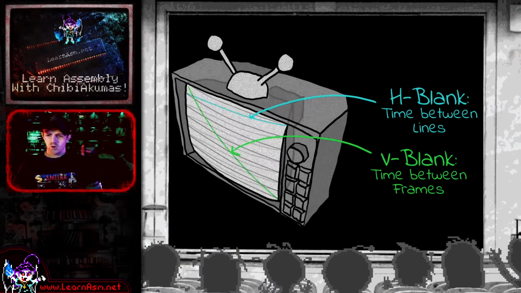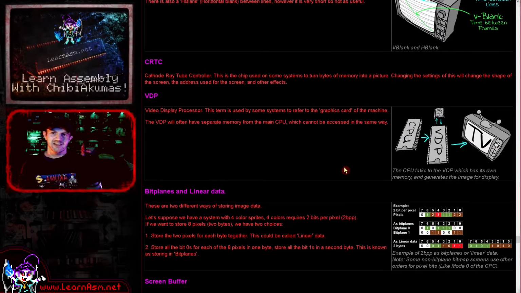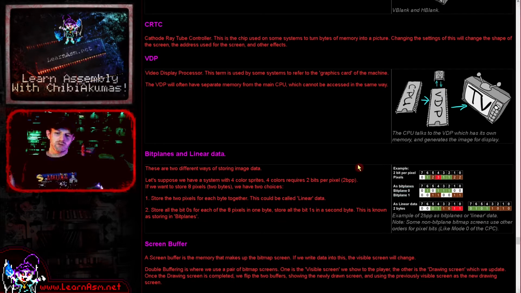Now, some other concepts that we want to just quickly discuss, terms you will come across. The first one is CRTC. This is cathode ray tube controller. This is a hardware chip that some of these retro systems use, and it's used for configuring some things related to the screen display. Another term you might hear used is VDP. That is video display processor. You will often hear that terminology used on systems like the MSX. There's a lot of different terms that are used for the main graphics chip, but basically the important thing I think to understand at this point is the relation that graphics chip has to actually getting things